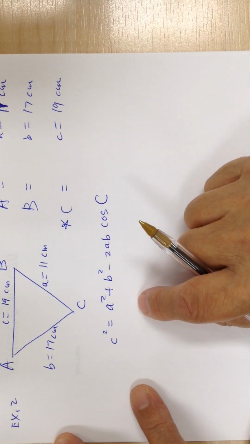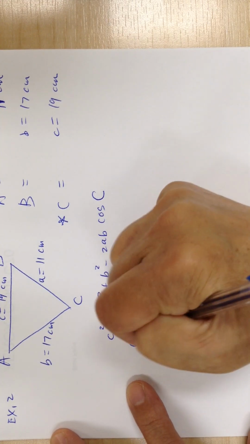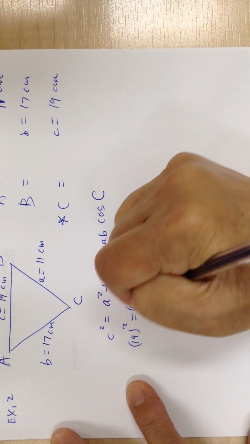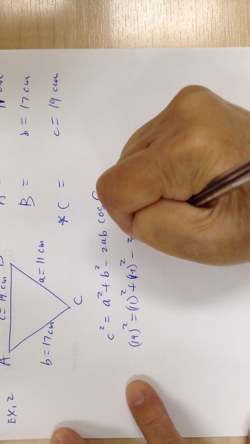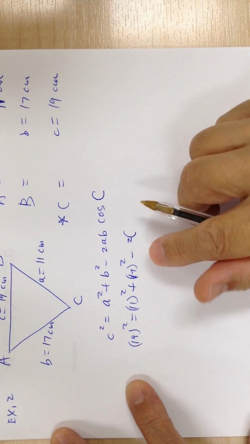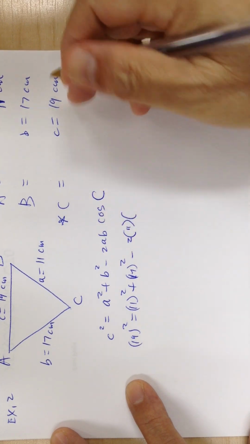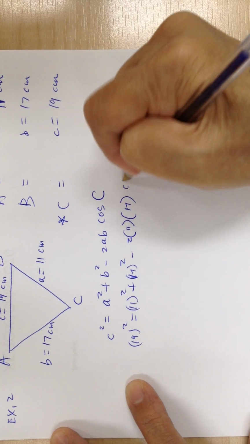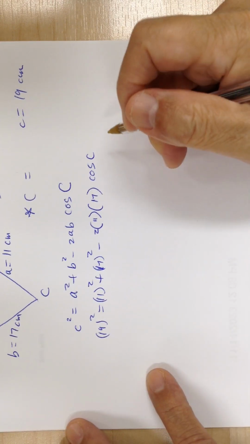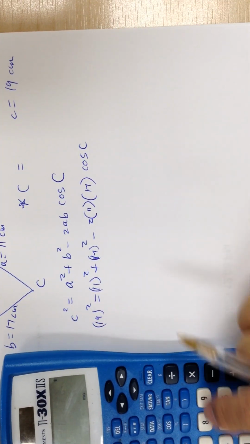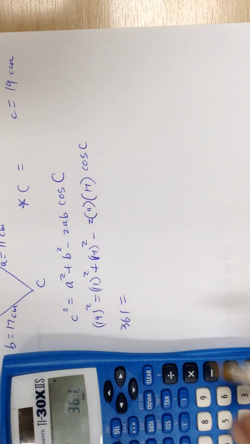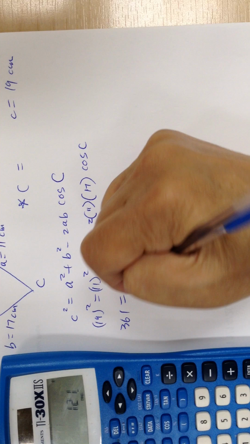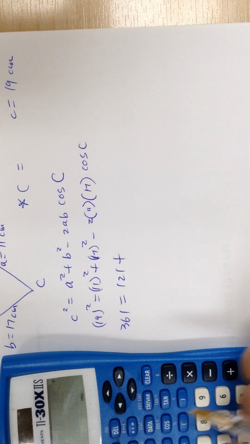Okay, so substitute everything in here. So you got 19 squared equal to 11 squared plus 17 squared minus 2. Again, whenever you substitute, put in parentheses. Okay, B is 17 cosine of C. Okay, so let's go and work things out. So 19 squared would be 361, equal to 11 squared, 121, plus 17 squared, 289